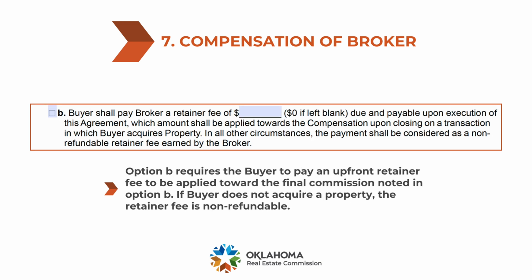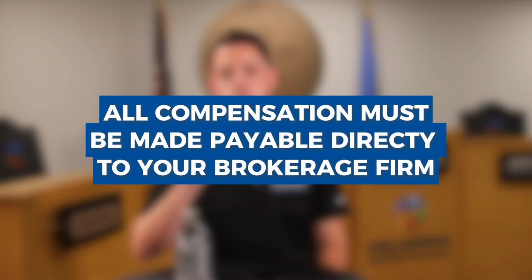Some brokers charge a retainer fee for services to buyers. If you choose this route, the fee is due when the agreement is signed, and it is applied toward the compensation due at closing if you've selected anything in Box A. Note that this fee is non-refundable if you don't close on the property. And remember, all compensation, including retainer fees, must be payable to your brokerage, not directly to you as a sales